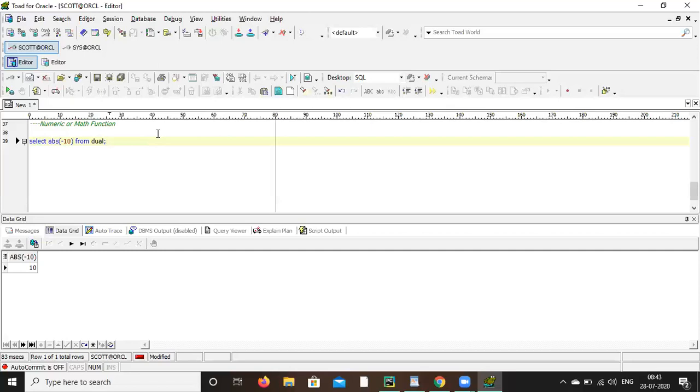Whatever it may be, always it will give the absolute value, that means negative or positive, it will give always the positive value.